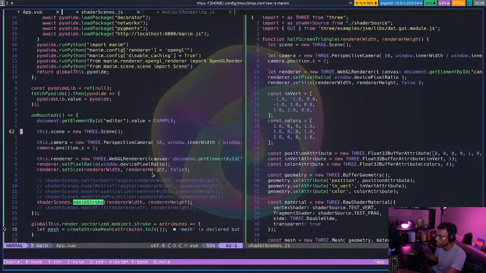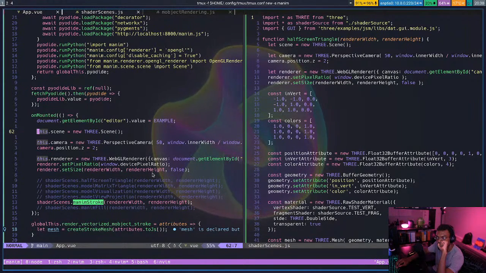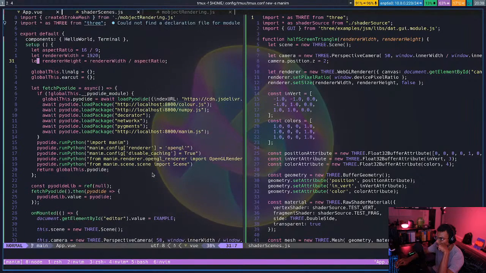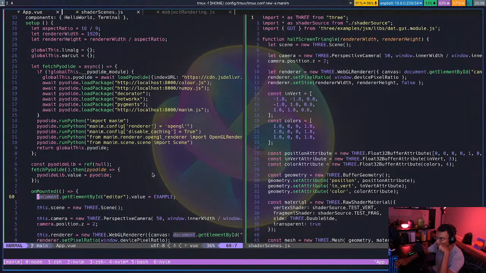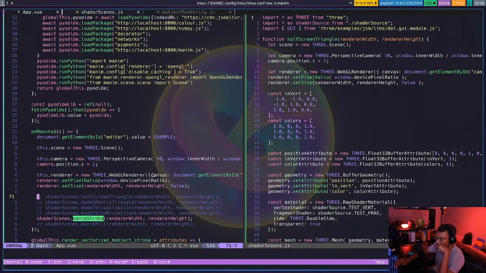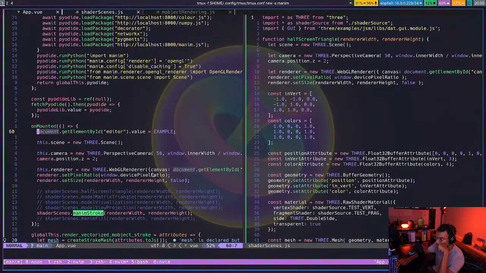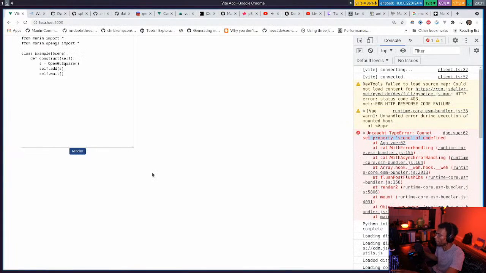Cannot set property scene of undefined for this. I don't know how to save this to the instance. Well, that's anticlimactic. I think,